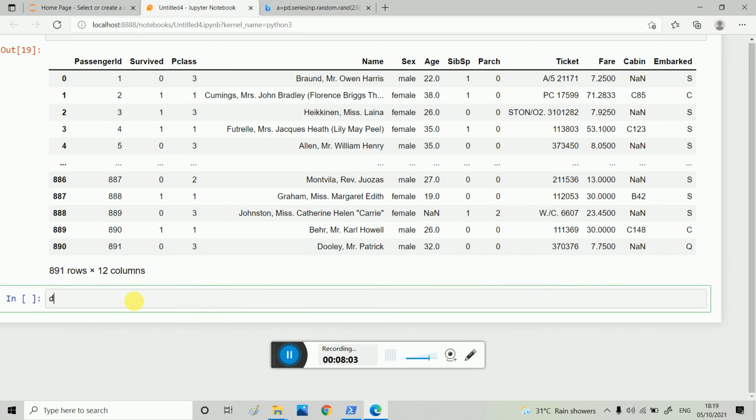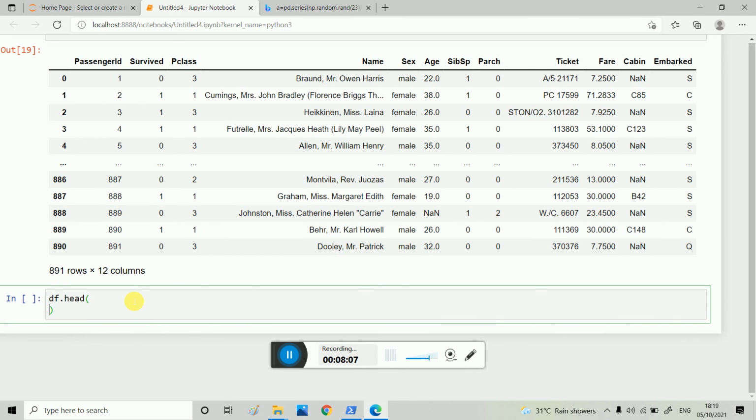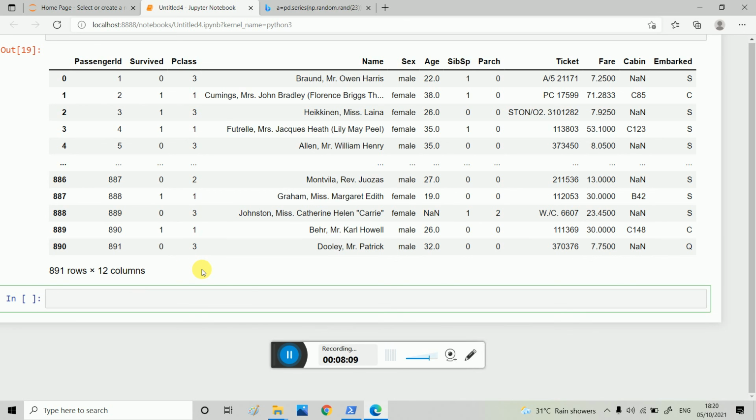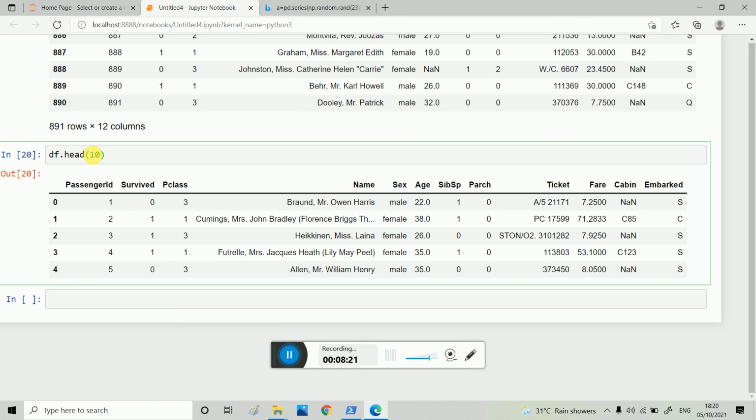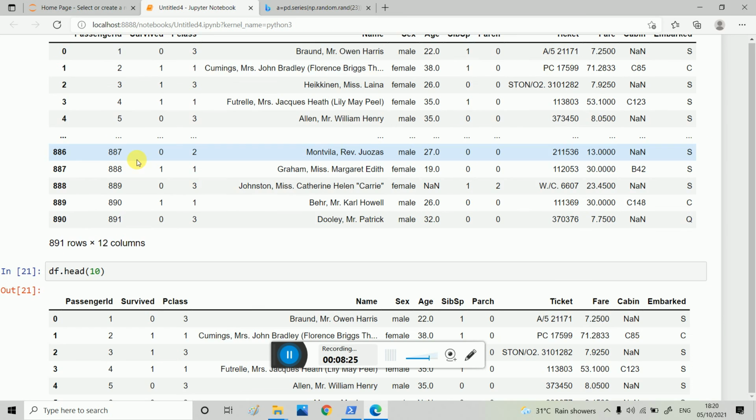So df.head will give me the first 5 rows. If I write df.head(10), this will give me 10 rows.